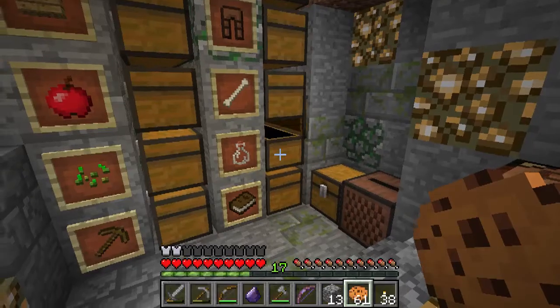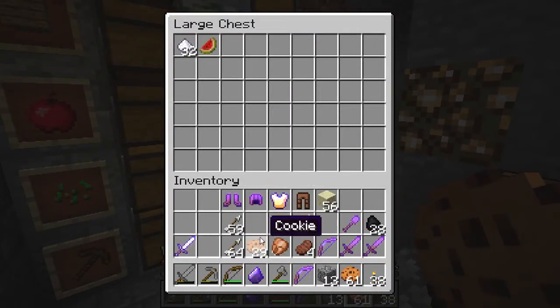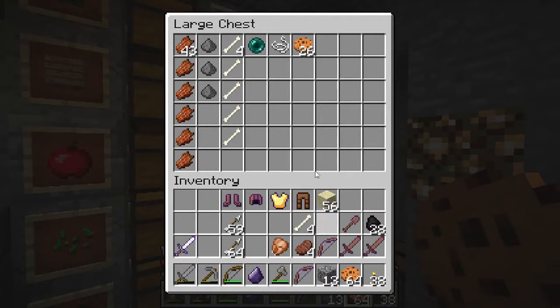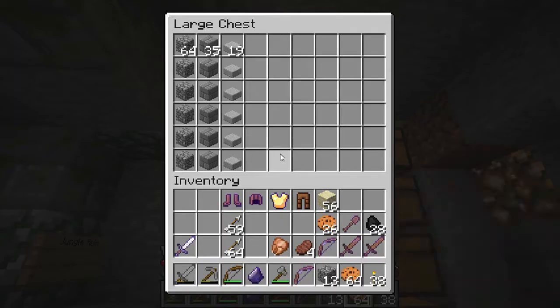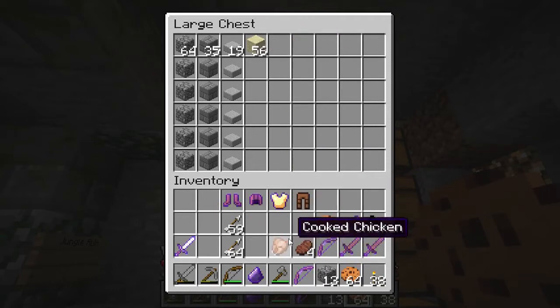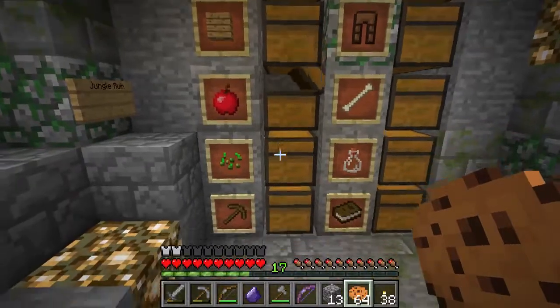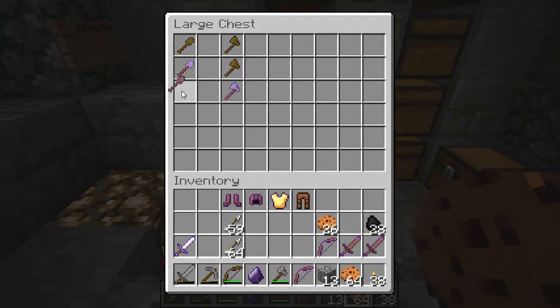I consider melons a brewing ingredient this time round. Let's put the bones away. Cookies don't belong in there, it's the bones. You're a building block, so you go in there. Sandstone. Food products, so more chicken and steaks. You're a tool, so let's put...